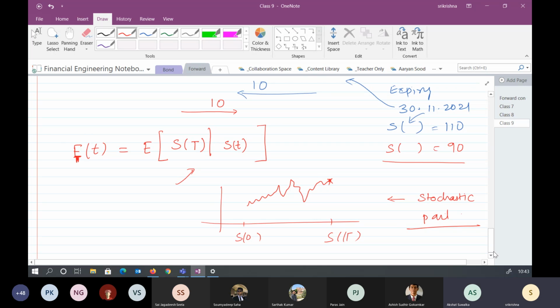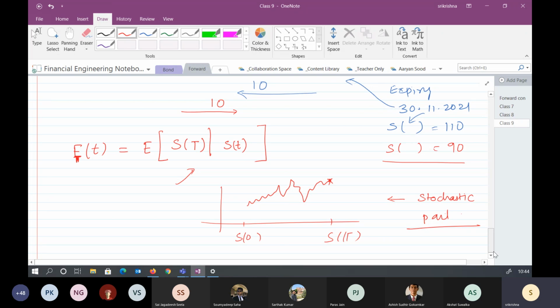Sir, my question is, between S0 and ST, the price would be 100. The buyer will give 10 rupees or the seller will give 10, whatever. But the whole game will end at the point of S of T. At that point, either the buyer would finally be the winner, or the seller would be the winner in terms of profit, depending upon what the spot price is at S of T. So the futures market is a very risky one. Yes, we can say that.